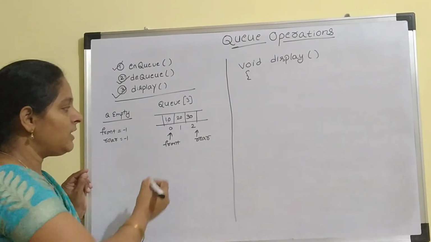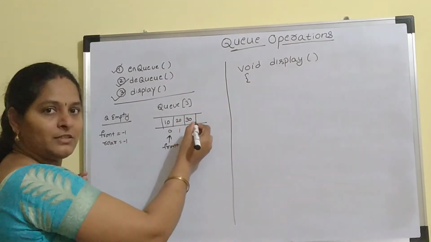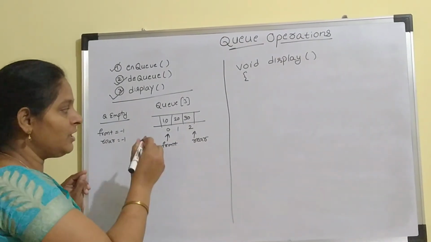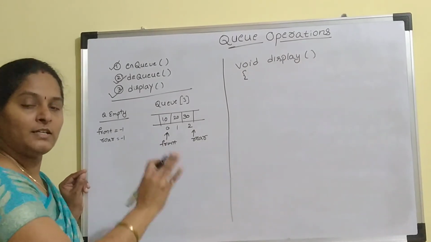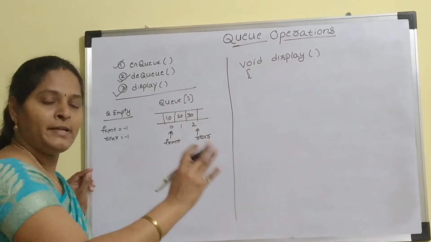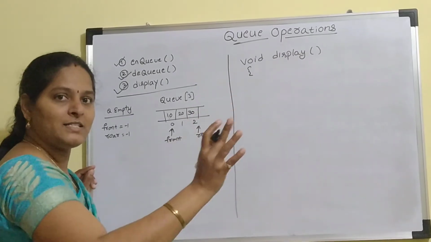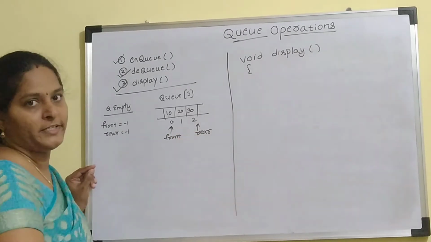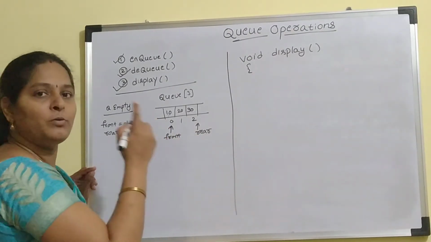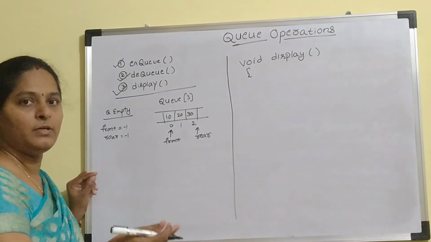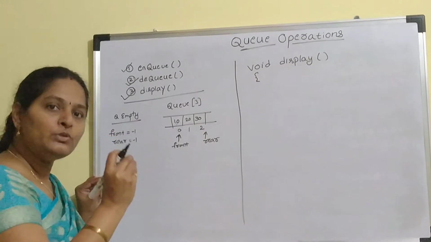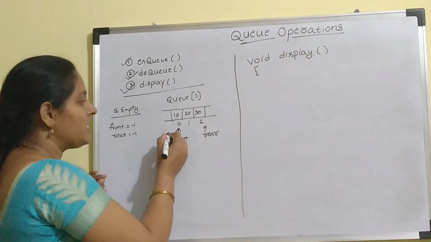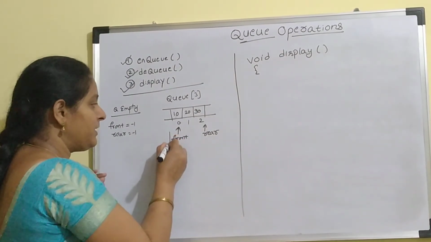Okay. So here, for moving from one position to another position, I should not take the help of front and rear pointers. Because in a queue, the front pointer always points to the first position and the rear pointer points to the last position if the queue contains some elements. We should not move these two pointers. That is the reason why we take the help of an additional pointer, any variable i or j. Use that pointer to move from one position to another position. Okay, so here I am taking i.